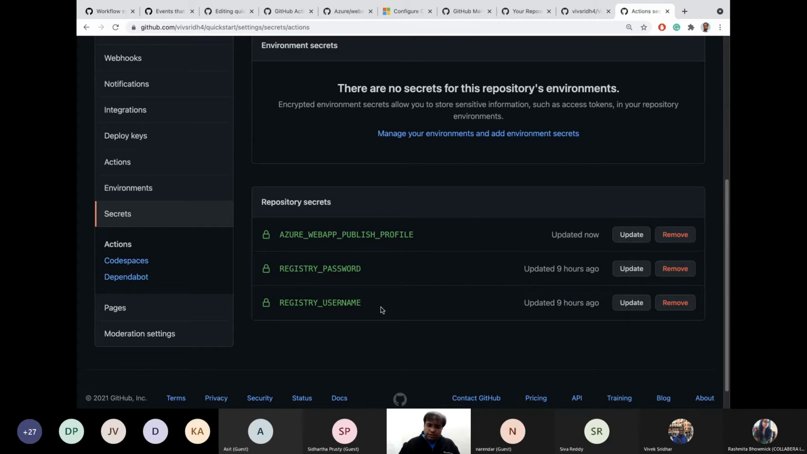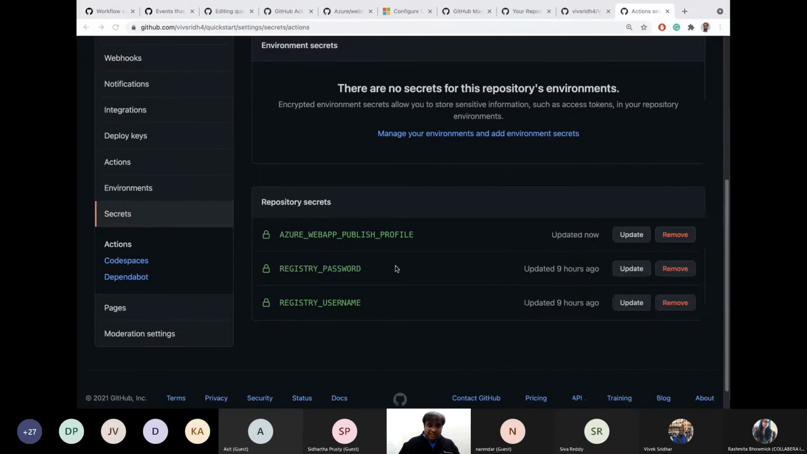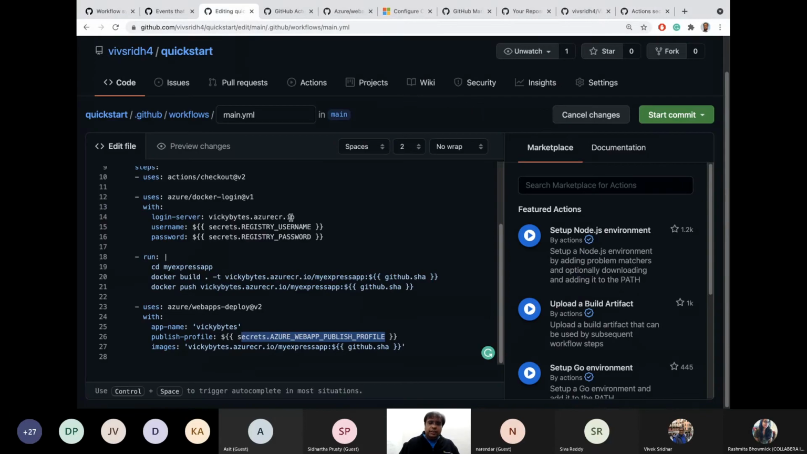This is not required because the container registry was already there. We didn't create a new one. So we have the settings ready. We have everything ready now. And all we need to do is